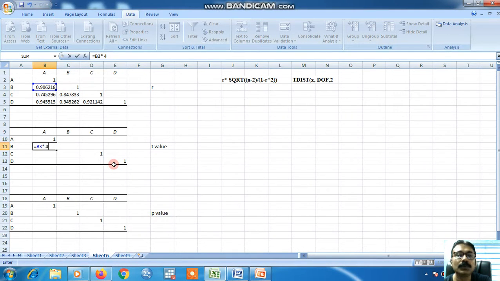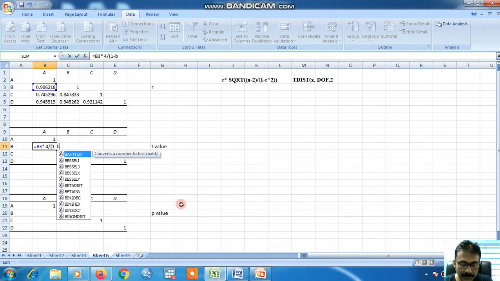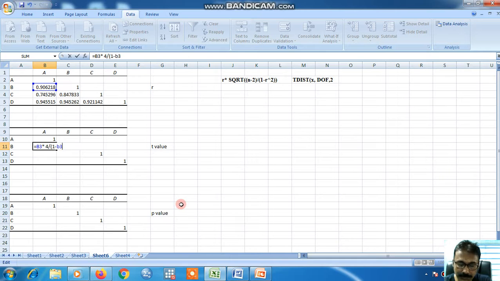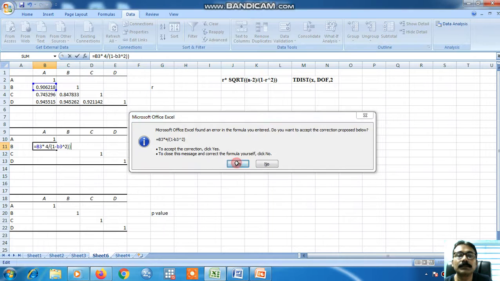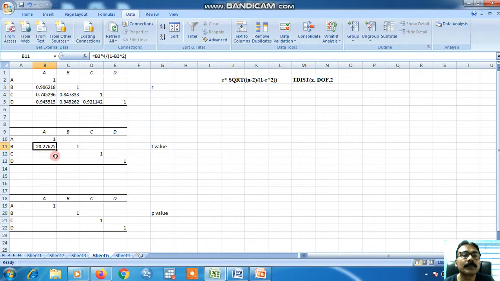Then 4 divided by 1 minus r square, that means B3 shift square, click. Take it in this way, the other values you will get automatically. This is the t value.